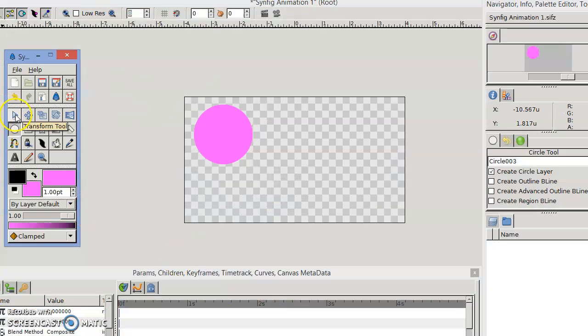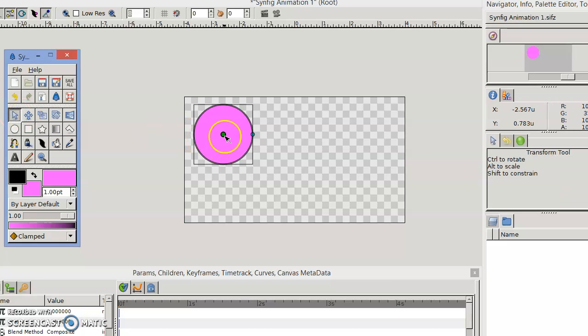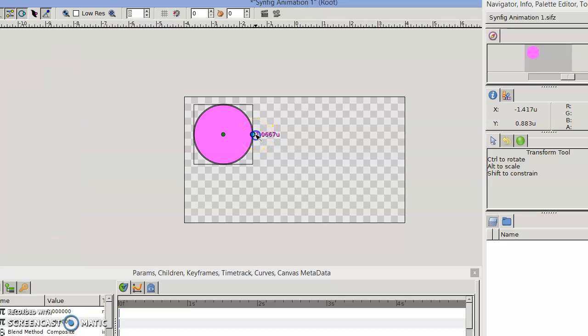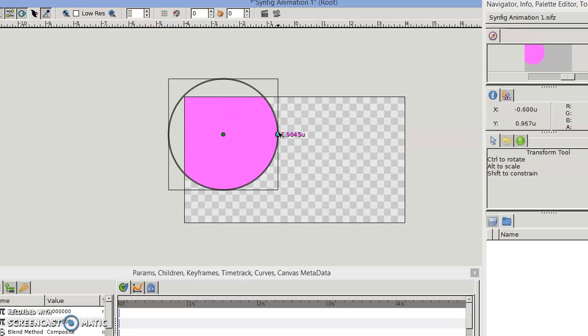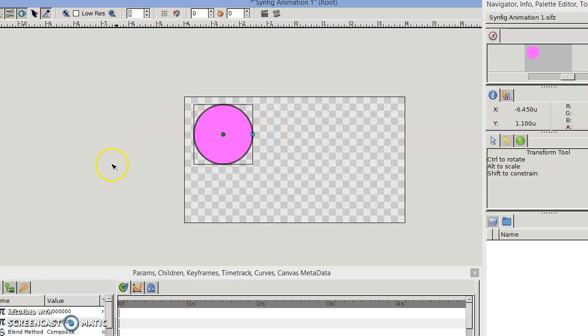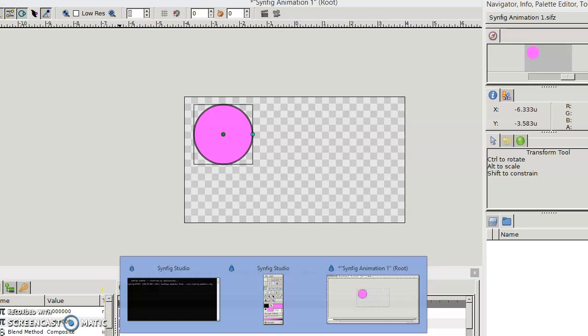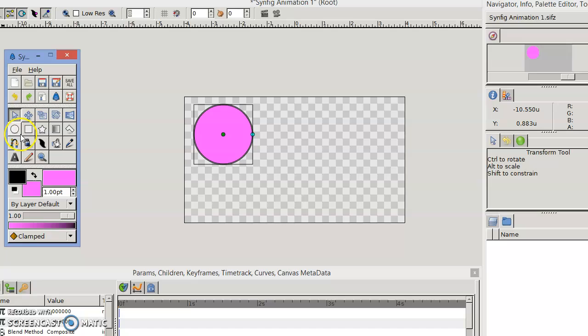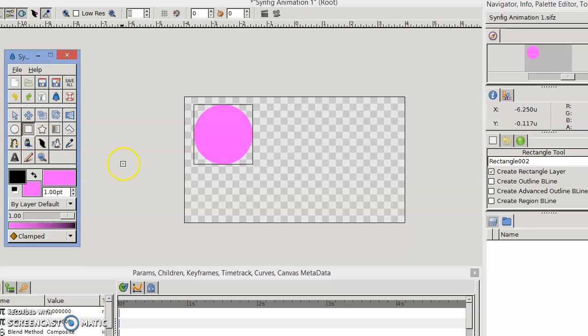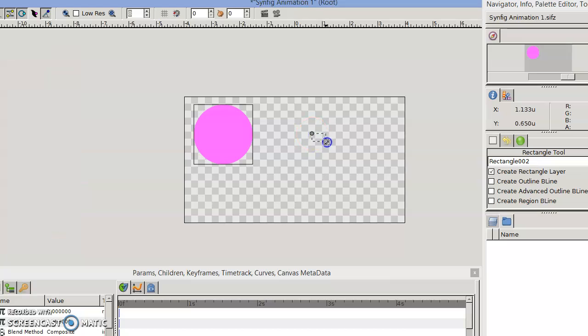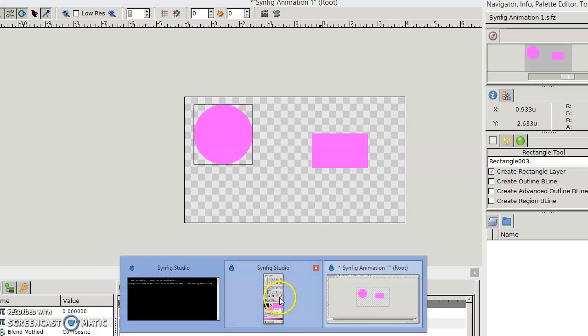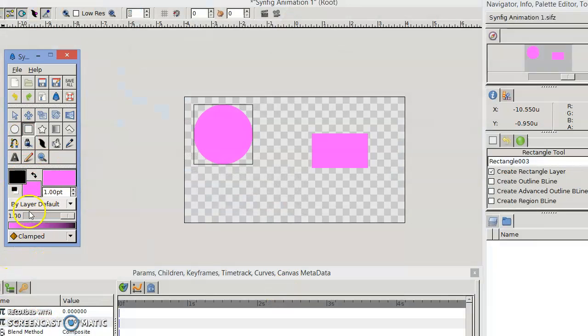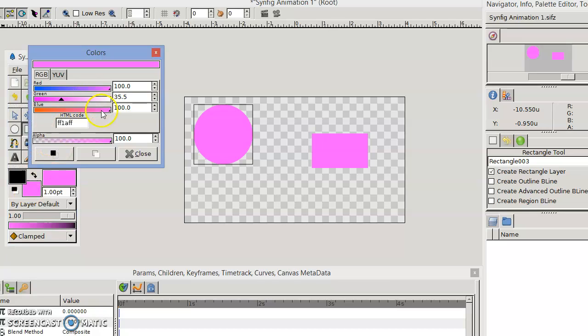This is the select tool. There are two ducks, the center duck and the outside duck. If we click here and drag it, the circle will become bigger. I will make it small again. This is a rectangle, square. If you want to draw a circle, it will be drawn. This is a simple introduction. If you want to change the color, it will be changed.